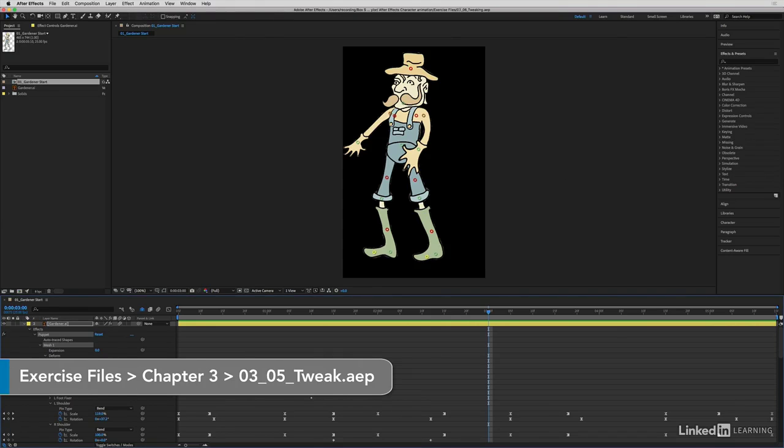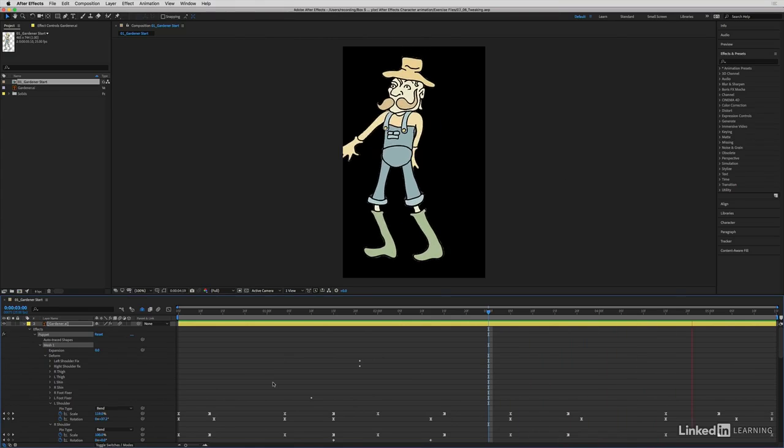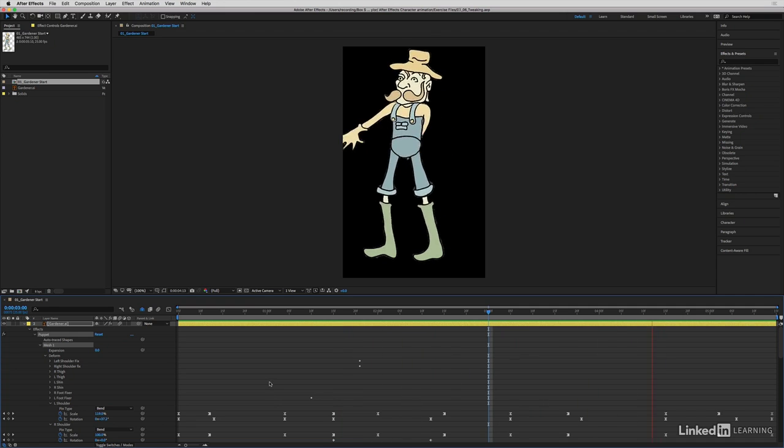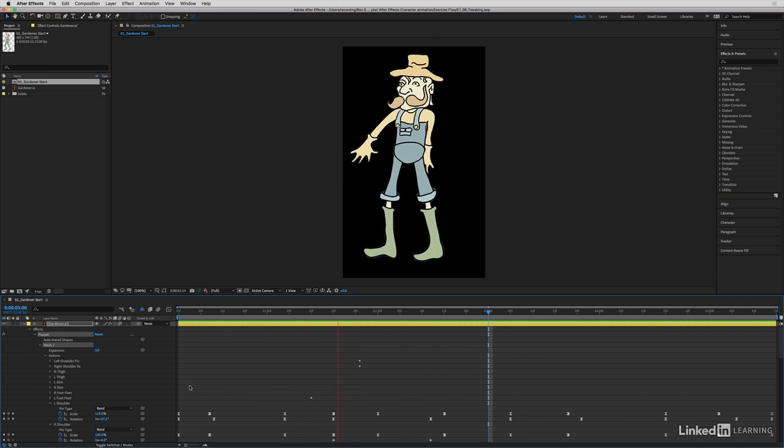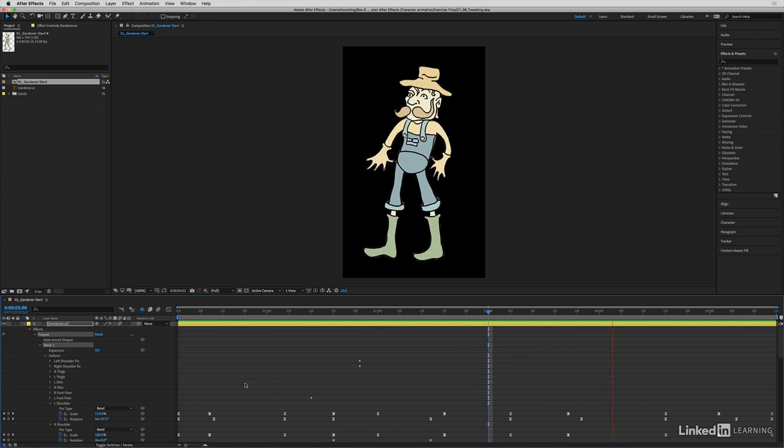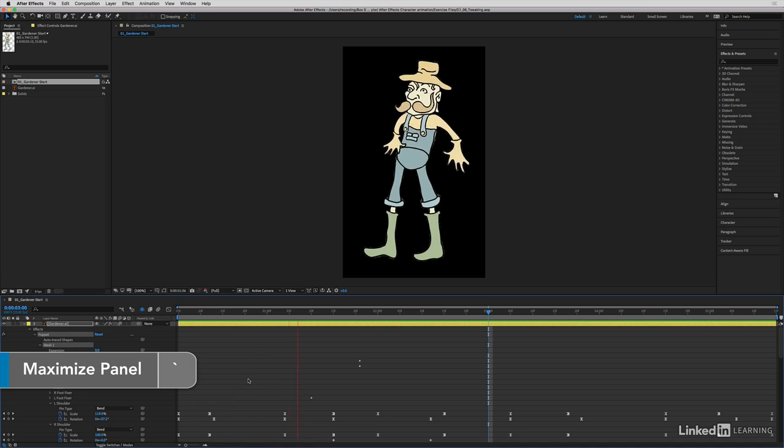I thought I'd share some of the ways that I've tweaked this project just to improve it. Let's play the animation so you can have a look at it. You'll notice that I've added a little bit more character to it in the movements, and I've done this in various ways. If we move down to the timeline here and focus on that for a second, if I hit